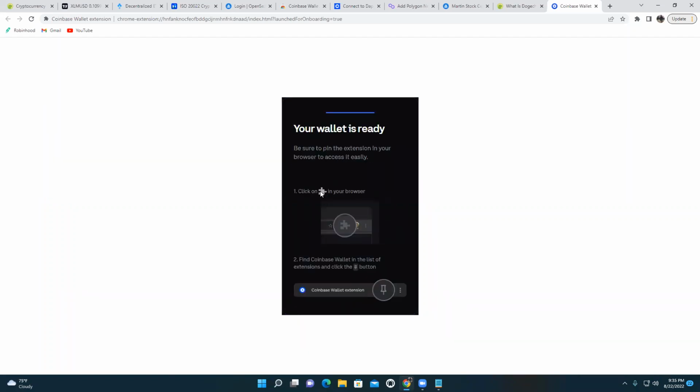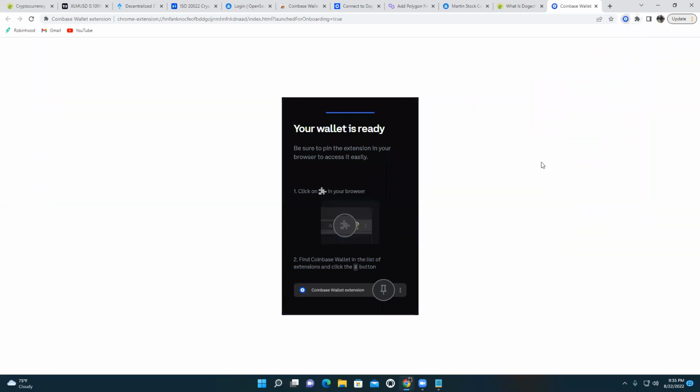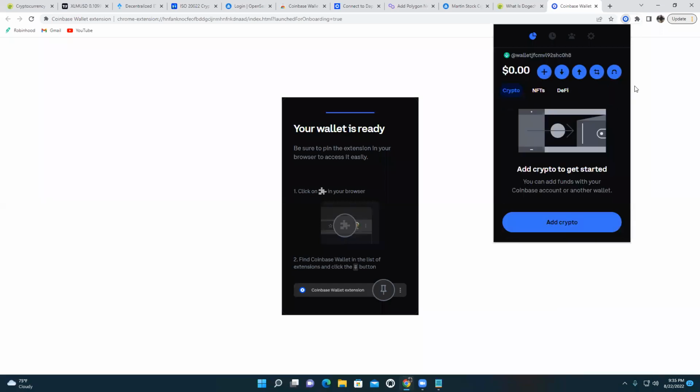All right, your wallet is ready. Click on the little puzzle piece. My little puzzle piece is here in the top right corner. I'm going to click on that, and you should be able to see the Coinbase wallet extension. Then click that, and it'll pop up here. It's prompting me about claiming my username again. I don't want to do that right now. So what I'll do next